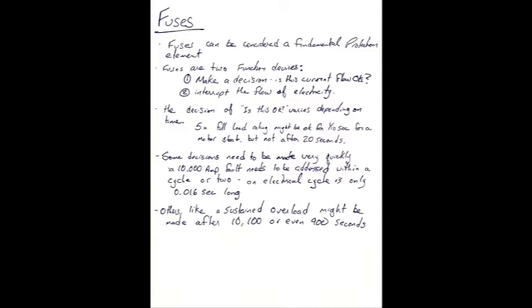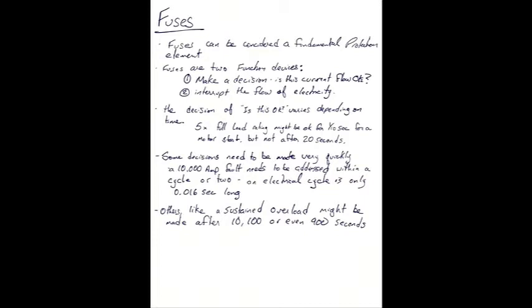If you get a 10,000 amp fault flowing, you don't want to wait 20 seconds before you decide that that's an issue. You have to get that off right now. You want to act in the very first cycle. Or maybe if you have to wait, maybe you want to act over 2 electrical cycles. Now, an electrical cycle is only 16 milliseconds long. So you're talking about making a decision and then acting on that decision in a 100th of a second or 200ths of a second. So that's pretty quick.